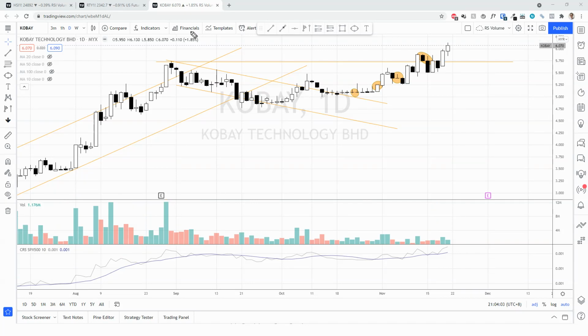So at the moment, I think last Friday was just a straight breakout. If you chase a breakout, then your stop would naturally be just under the swing low, so maybe about 10%. That could be a valid stop. So that's a breakout trade if you missed this, or this, or this. All right, so KOBAY is definitely still bullish, and I see quite a lot of upside for KOBAY.